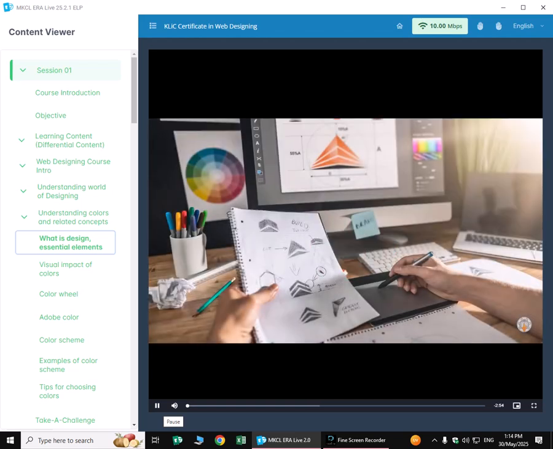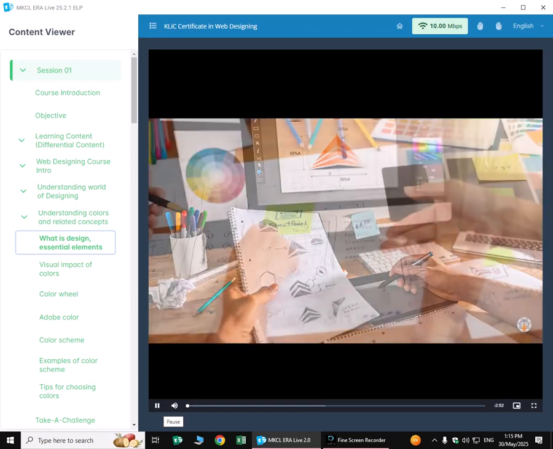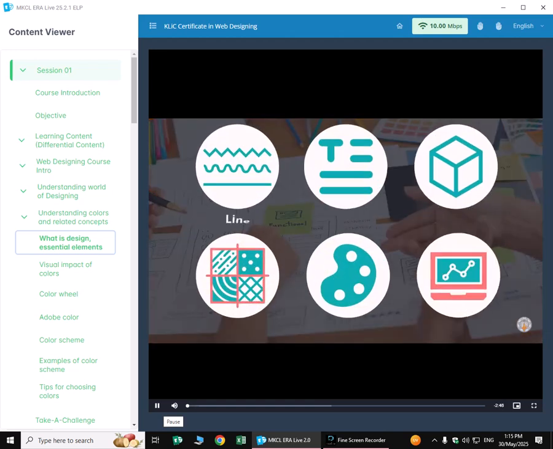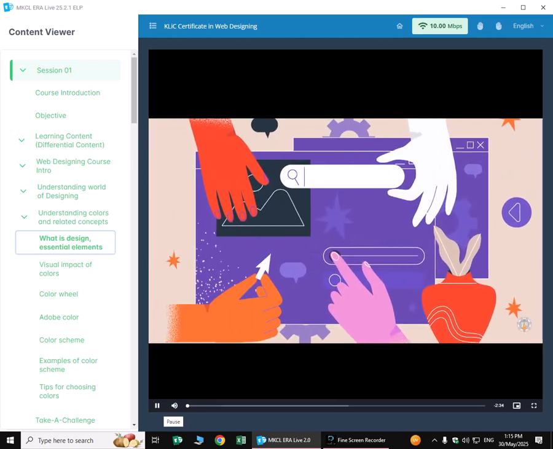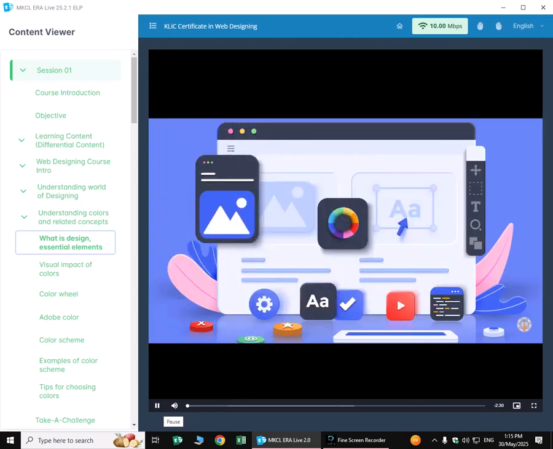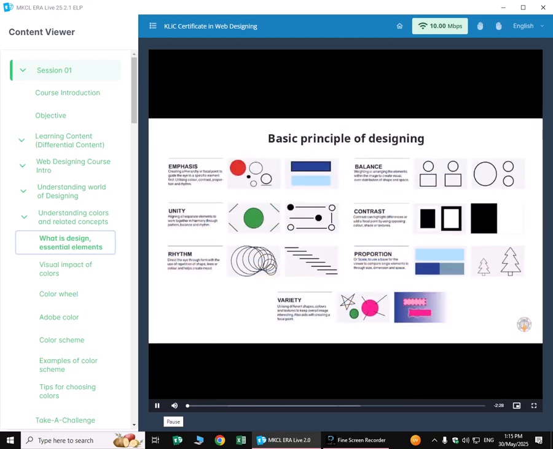Every object, either natural or manufactured, has a fundamental thing in common. They all have some designs made up of simple elements like line, text, form, texture, color, and balance. These are the fundamental articles present in almost everything we see or create. Every visual medium, be it fine art or modern web design, follows the basic principle of designing.